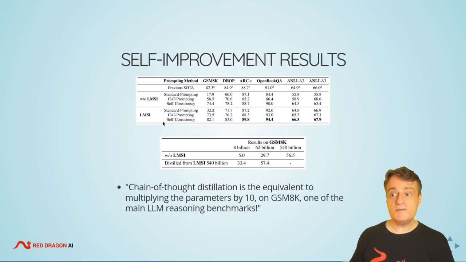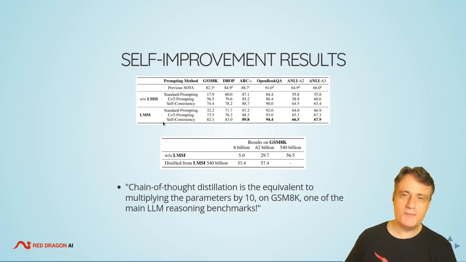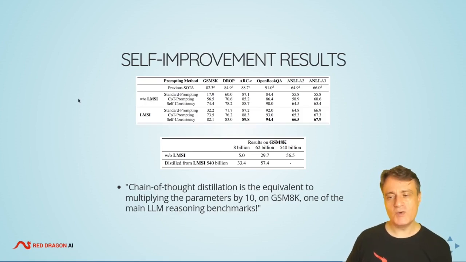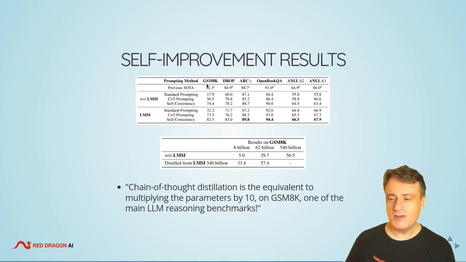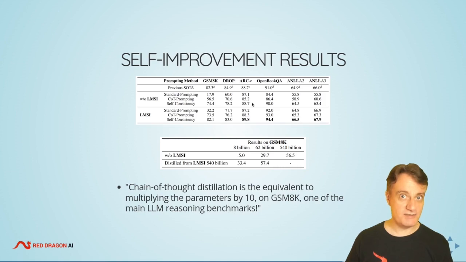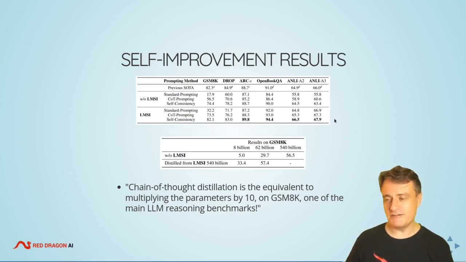Okay, so in terms of results, how does this work particularly well? Well, we've got two panels here. The top of them is basically looking at how these models work without having this self-improvement idea, and you'll see that for all these different tasks in the columns, we're getting pretty good results. I mean, these are big language models after all. But if you then add in this self-training idea, we're now getting to much higher results down here.